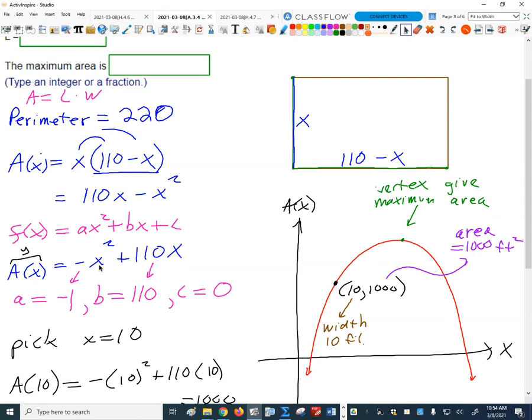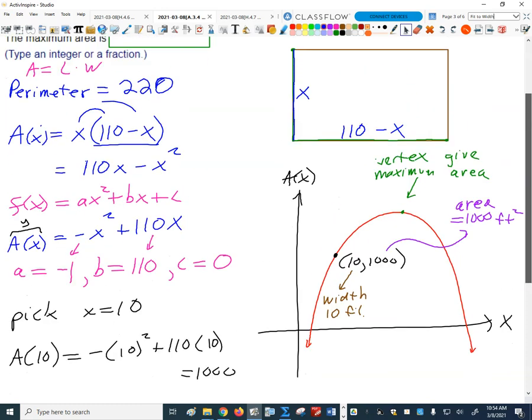If I put the x squared term first and the x term second, then it's matching my standard form of a quadratic function, right? And what do we say then? Well, we know that a would have to be -1. That's the coefficient of x squared. B is 110 because that's the coefficient of x. And there is no constant, so c is equal to 0, right? And then given that information,